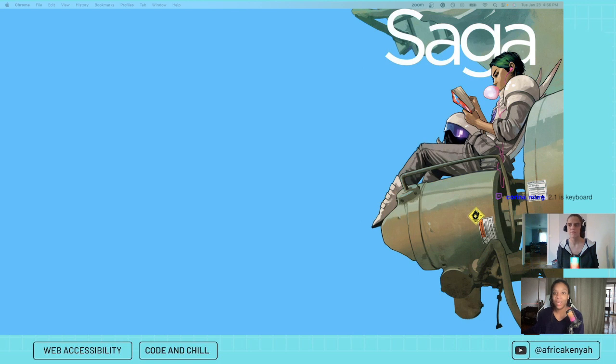1.3 is info and relationships. So this is adaptable. Info and relationships just means there needs to be a way for the person to navigate and understand the structure of the page. So headings and table structures and list structures are all right. Anyway, meaningful sequence. Meaningful sequence means everything needs to be able to be read in the sequence that you visually see it. So if you're using a screen reader and the screen reader is jumping all around the page, reading things out of order, that would be something like that.